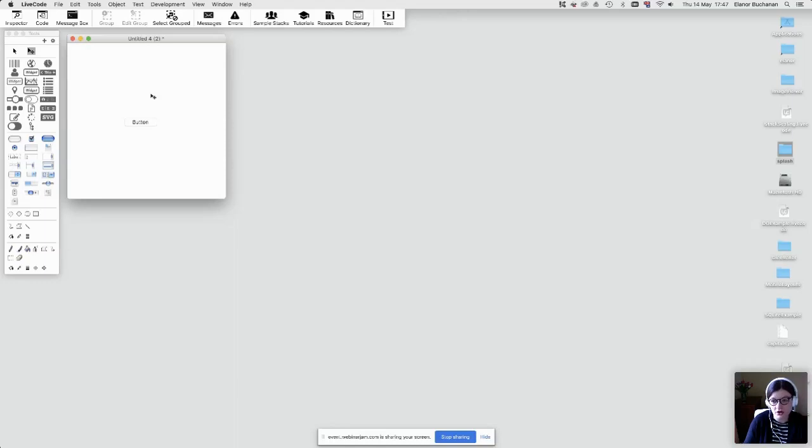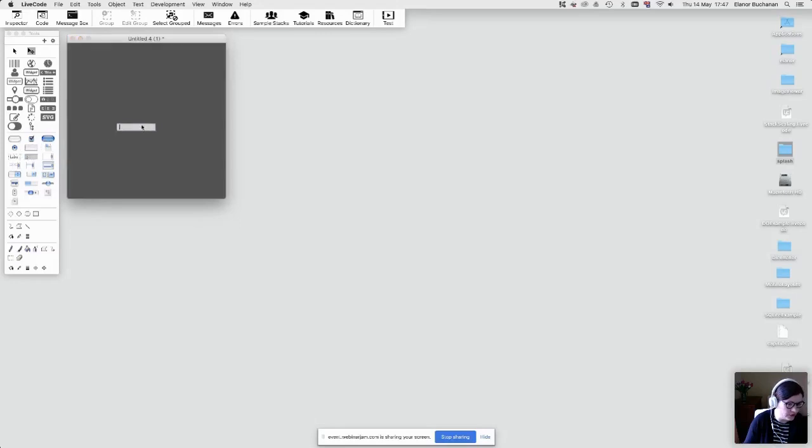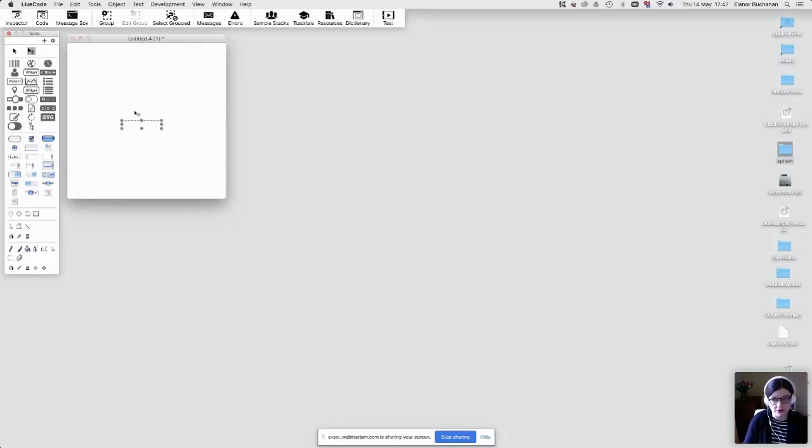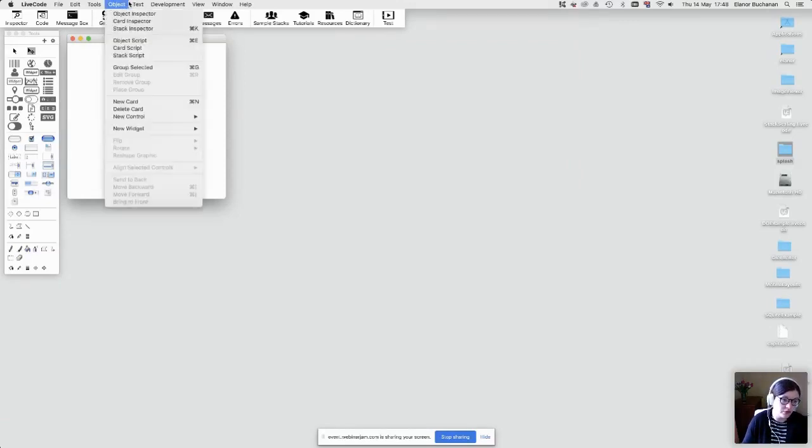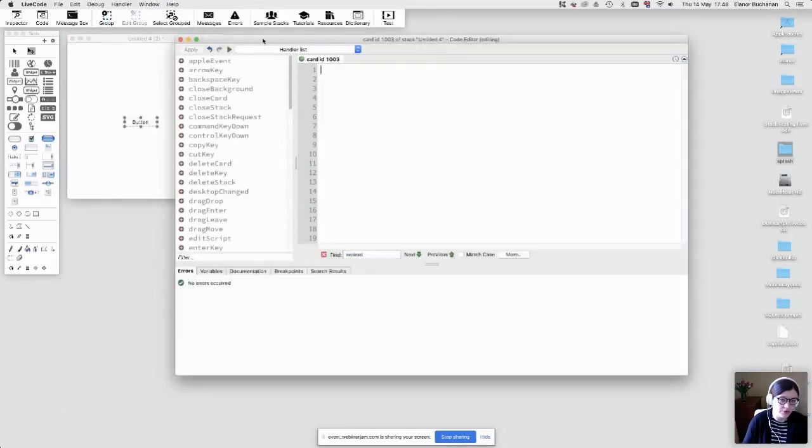So if you have 3 cards, a message will never go from card 1 to card 2 or card 1 to card 3. A message will go from, let's go to card 1. So a message would go from this field to card 1 to the stack. On card 2, a message would go from this button to card 2 to the stack. So if you are referring to controls, so in the card script, when I open this up, you'll see that